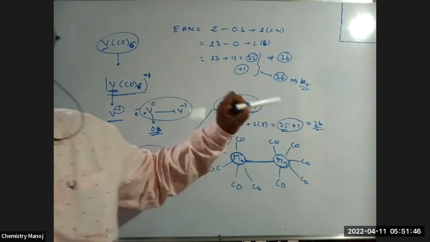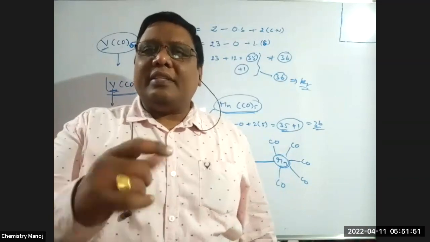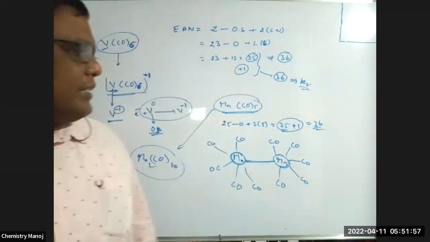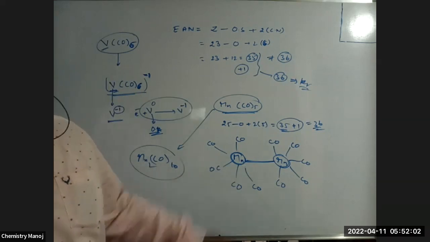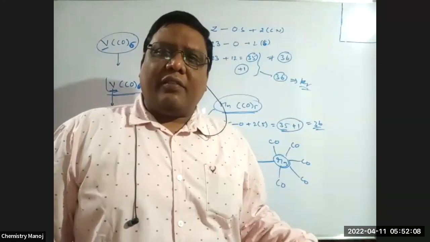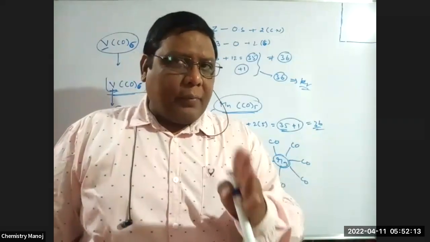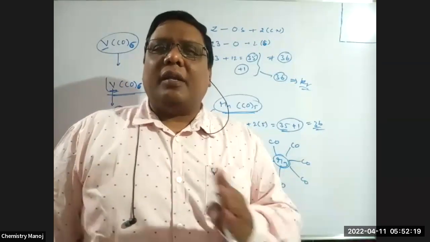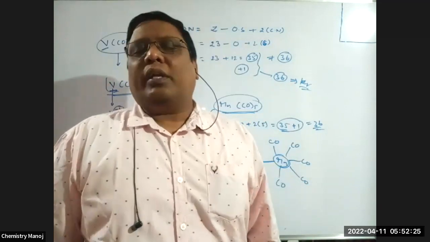Why is this happening? To reach inert gas configuration. That means the existence of metal bond is also explained on the basis of EAN. If EAN is not equal to the nearest inert gas atomic number, automatically in that carbonyl, my dear, all these are applicable only for carbonyl complexes, metal-metal bond is there, no doubt at all.